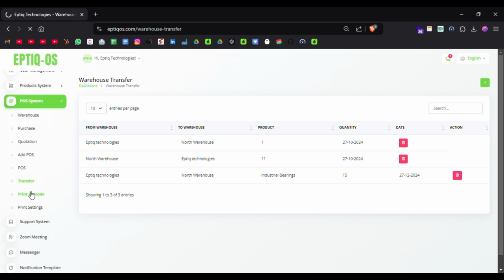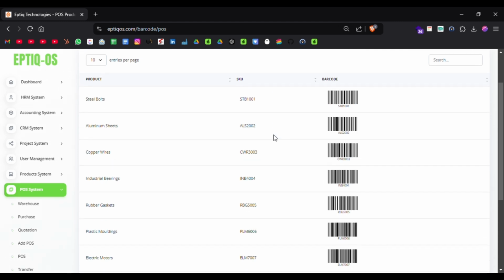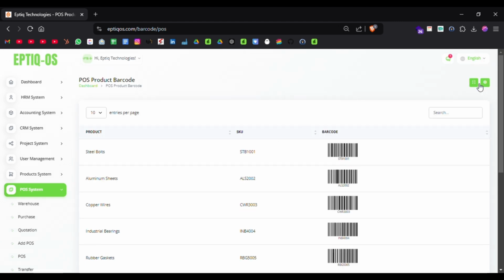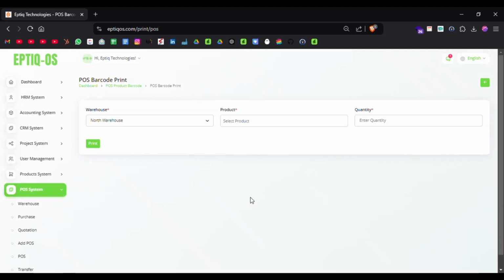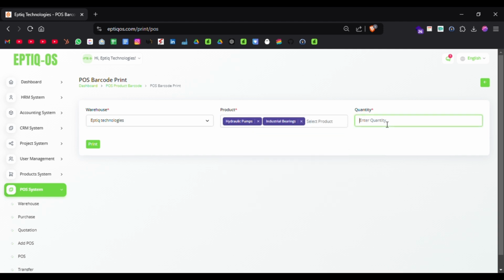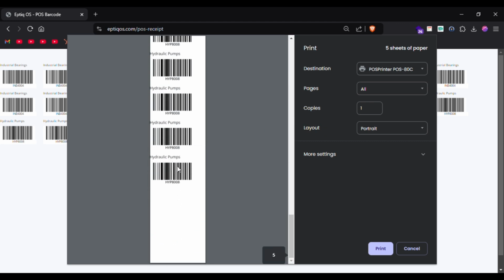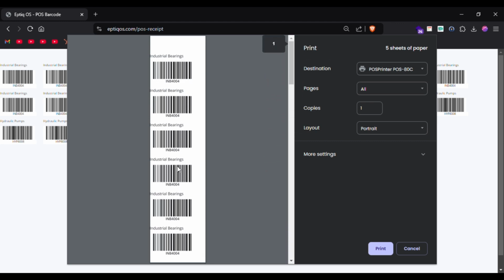After that, in the system we have implemented the barcode system. Here the system automatically generates the barcode of each product that we have entered in the system. Also we have implemented printing the barcode for the number of products. We can generate the barcode for each product. So if you want to sell the raw material